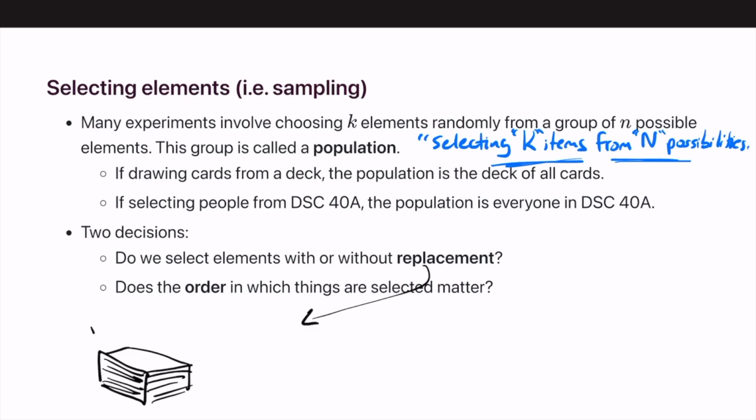We could ask, are they ordered or not? That's a question that we have. And then the next question is, if we were to draw a card,